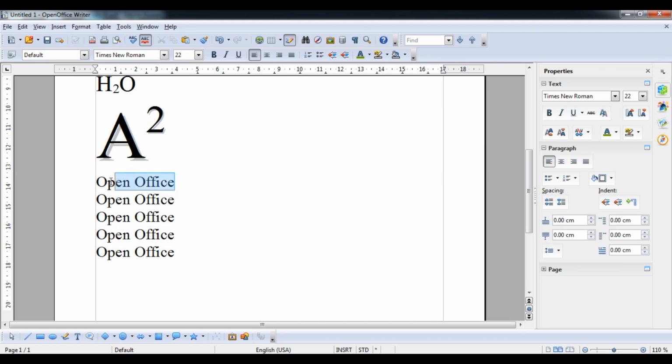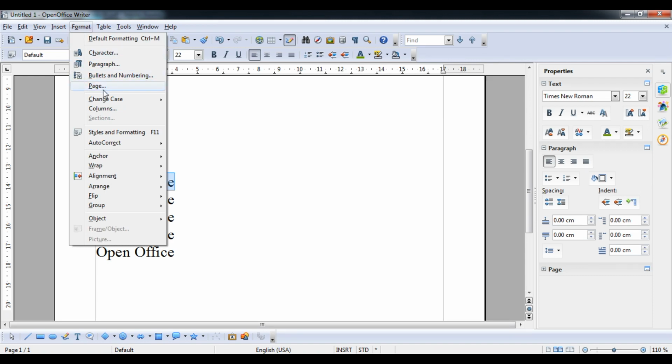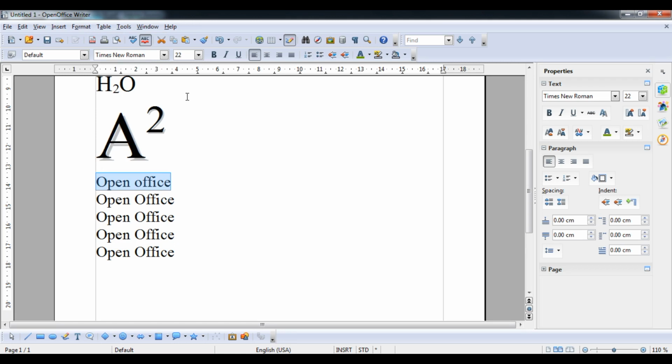And now first of all I will try the different types of case. Here you can see, select this one thing and go to the format option. Then after that you will see the change case option. Okay, so first one thing, sentence case. Sentence case means the first letter will be capital and other words will be small. That is sentence case. Next one thing I will type here also, sentence case.